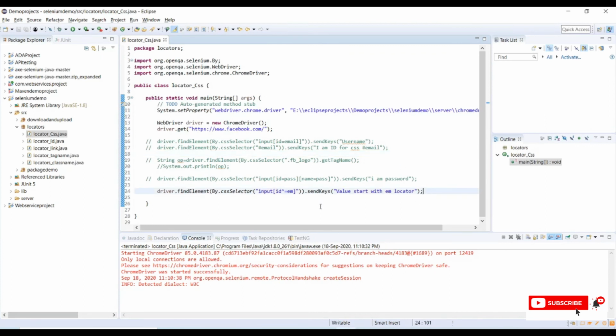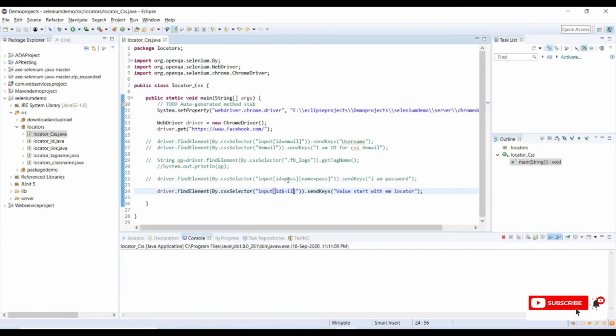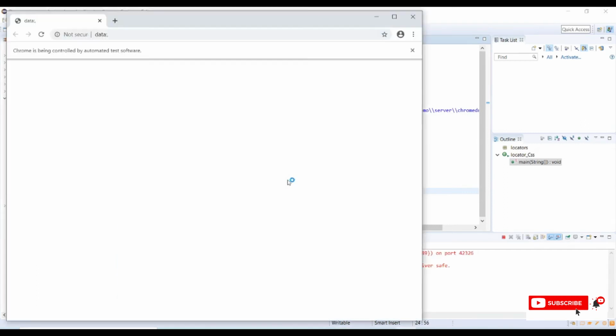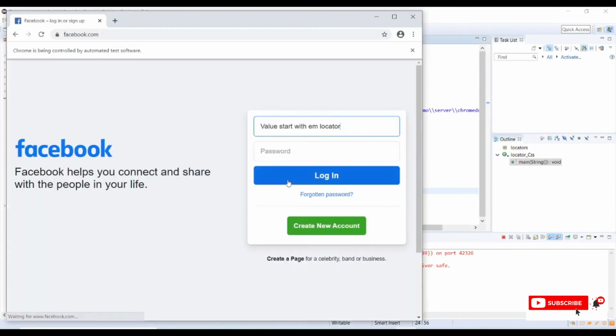So let's try with the ends with. So let me give a dollar and email, it's an email value. Let's try the ending characters like il, and save the program and run again. Yeah, it's entered that too.